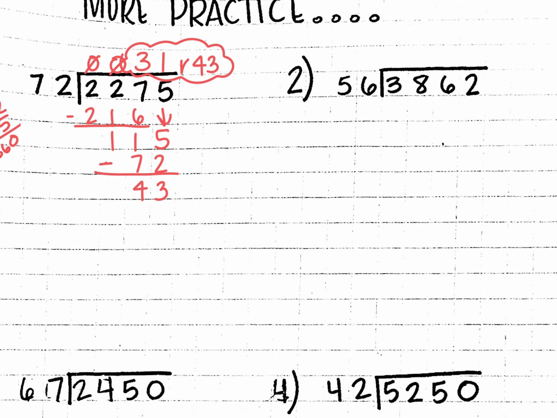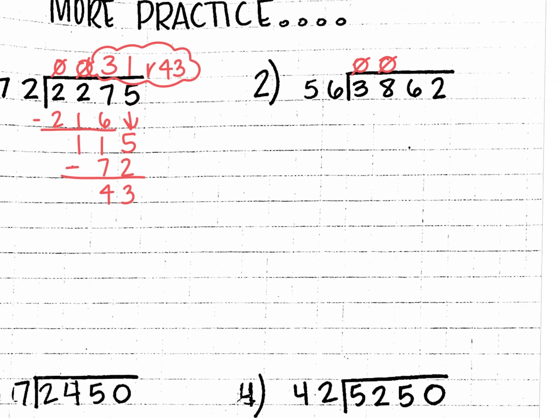3,862 divided by 56. I know 56 cannot go into 3, and I know that it cannot go into 38. I know it can go into 386, I just don't know how much. So I'm going to use compatible numbers this time. Again, if it doesn't make sense to you, what can you also do? You can just start multiplying by 5 and then go up or down from there. But because this is close to 50, I'm going to try 50 and